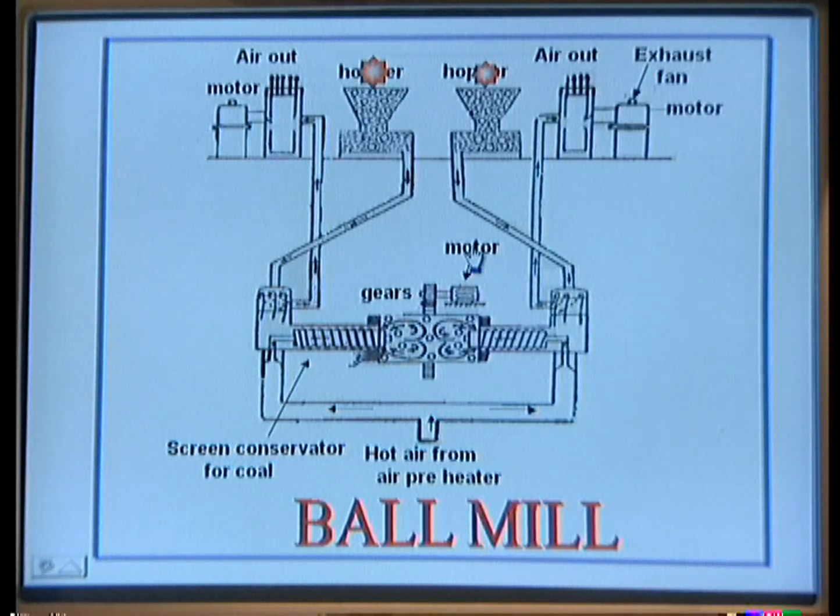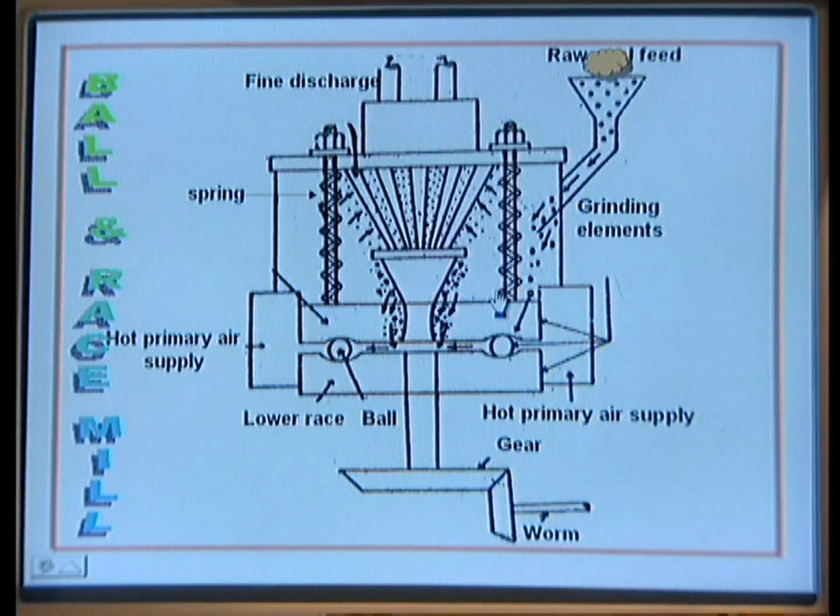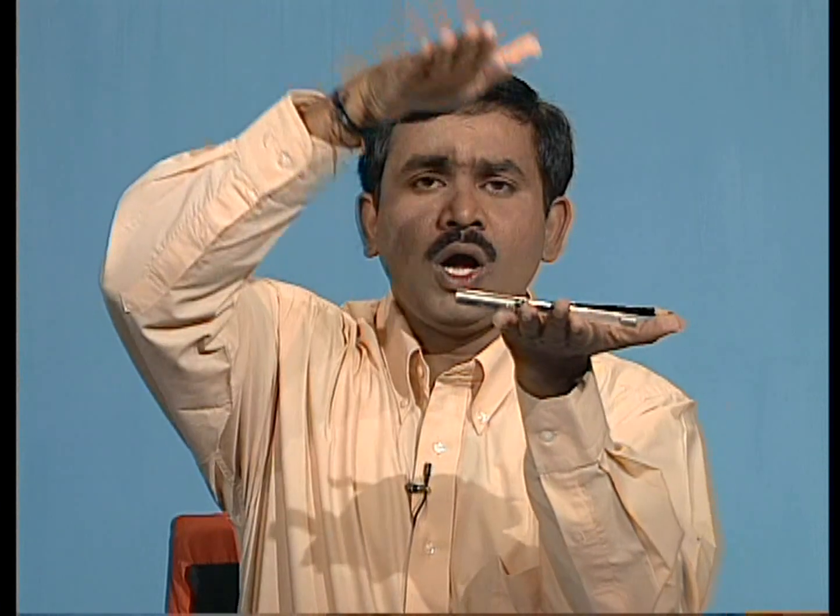So, another mill. You see, this is another pulverizing mill. Here also the process is the same, but in the previous slide we used only balls. Here we use balls and races. Let us see here the balls. Next, these are the lower race and outer race. What are the races? You see here. For example, let us assume this is the lower race, this is the balls or rollers, and here is the outer race.